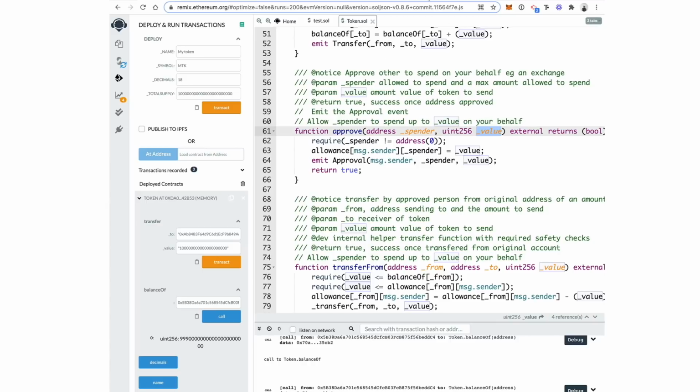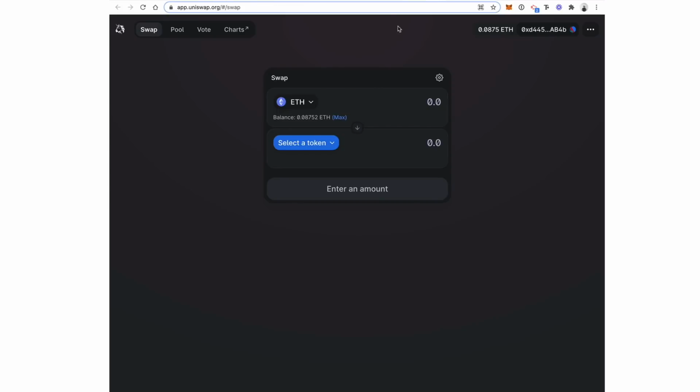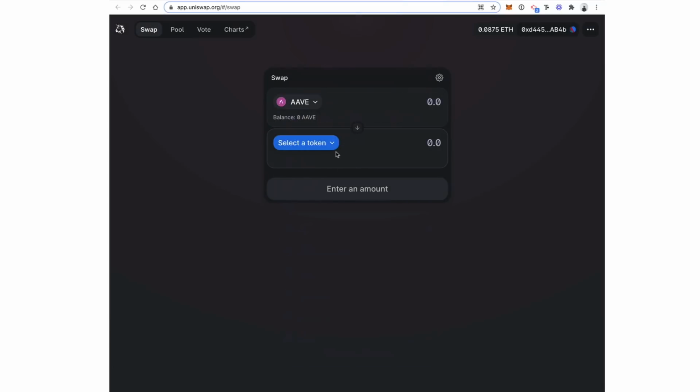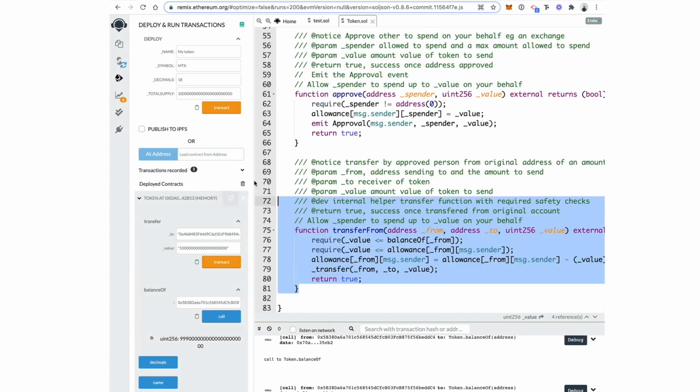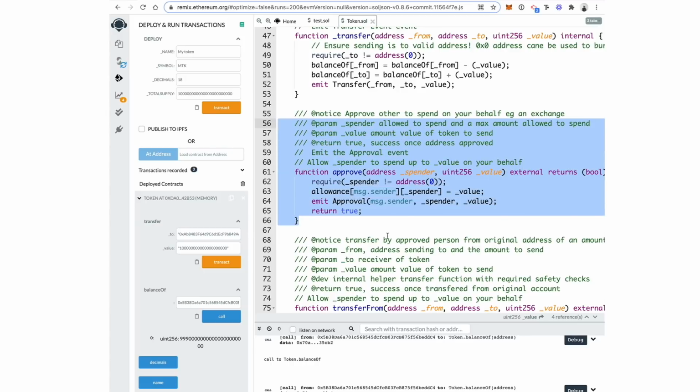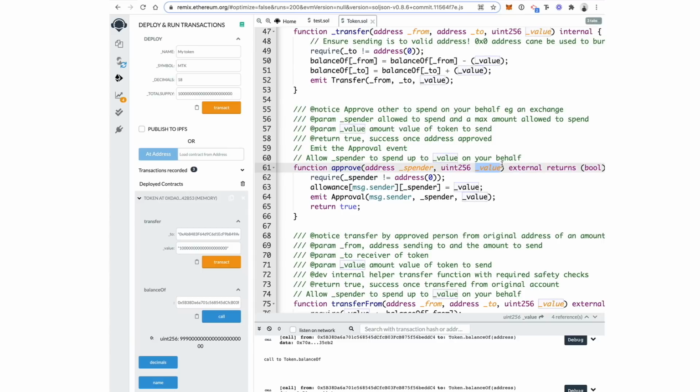So if you go swap a token on Uniswap, for example, you'll go up here, you'll say, I want to swap some token, let's say the Aave token for ETH. You're going to have two steps. You're going to have to approve the token so that Uniswap can swap it for you. And then you're going to have to do the actual swap, because whenever you do this swap, Uniswap takes the tokens out of your wallet and does the exchange for you. And so it uses this transferFrom function here in that process. But the first step in the process is you approving the tokens for them to do that. So that's why you put in the spender. In this case, it would be the Uniswap address,